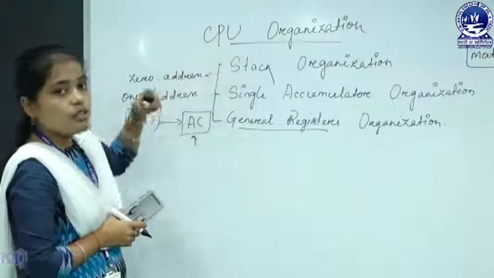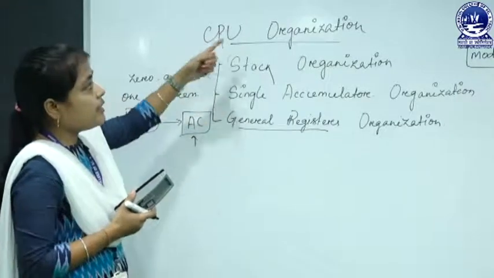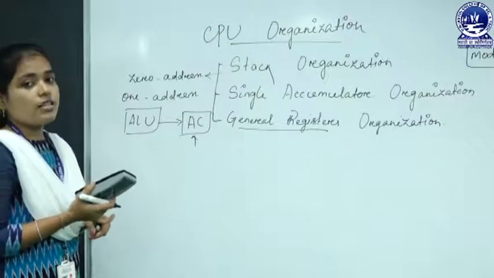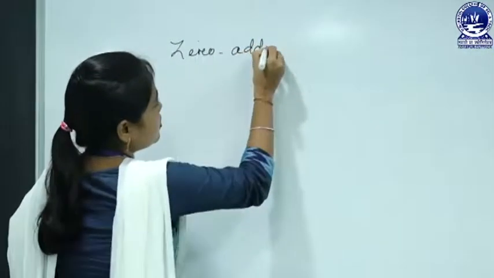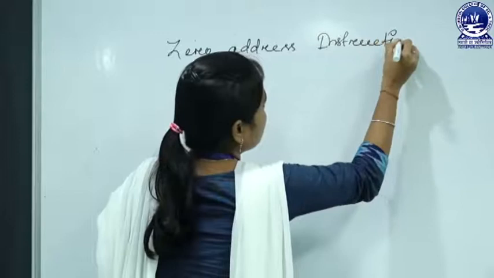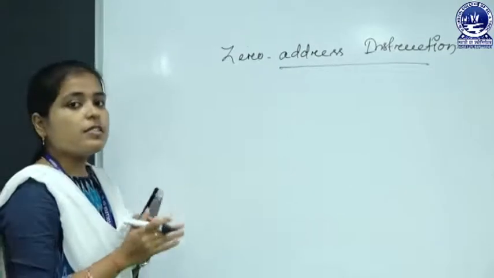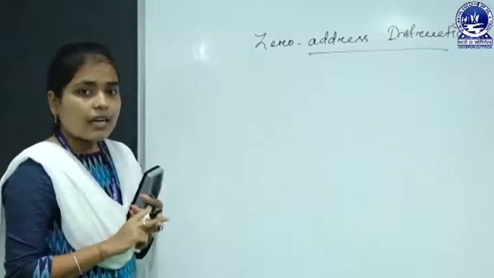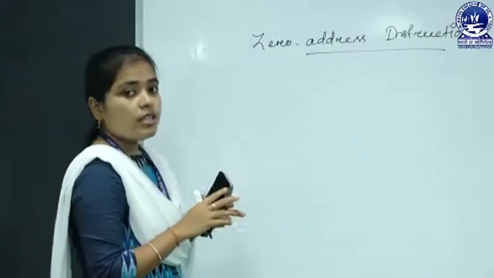Organization means how we will store, where we will store the operands. On the basis of this, we write the instruction formats, that is 0 address, 1 address, 2 address and 3 address instruction formats. Let us see. First is our 0 address instruction format. When I talk about 0 address, it means there is no memory location specifically used. We are just using an organizational concept, that is stack, and by using the stack operations, that is push and pop operations, we execute an instruction.